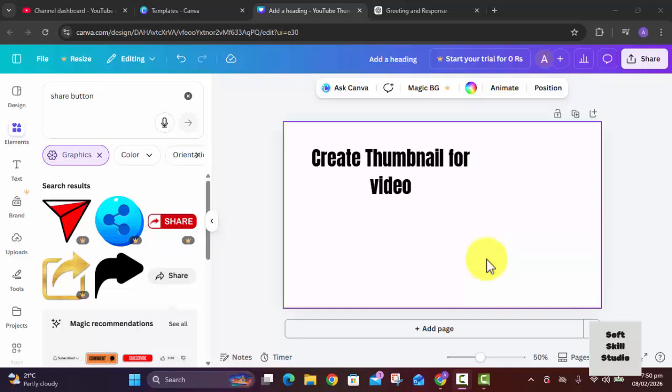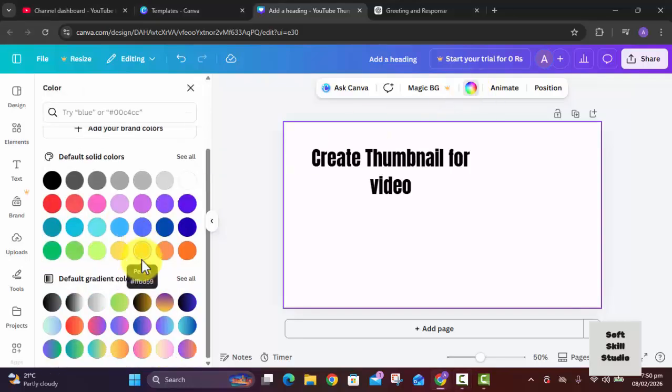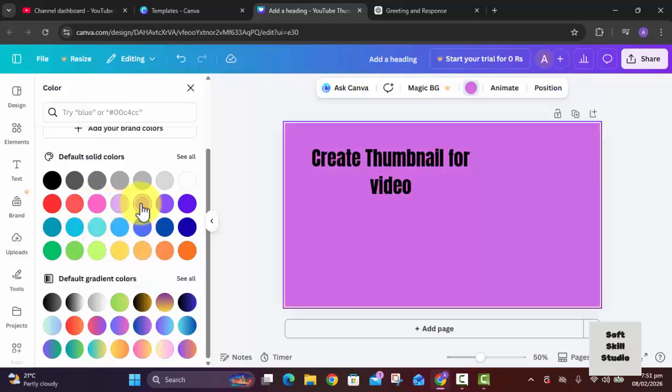In this video, you will learn how you can change the color of background in Canva. For this, you can first select the canvas. Have you seen this one? The canvas is selected. Now here you have seen the background color. Select on background color, and here are some colors combinations. You can select any color to change the background color